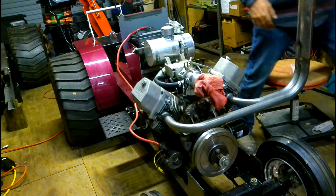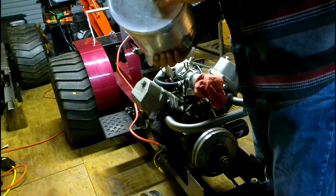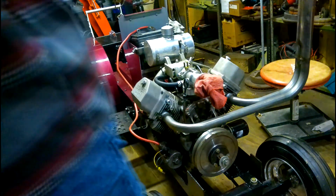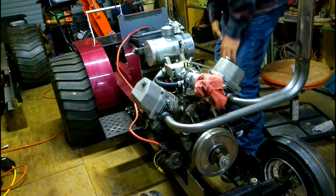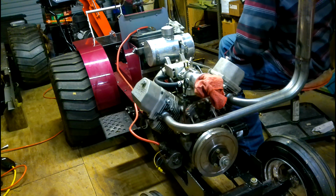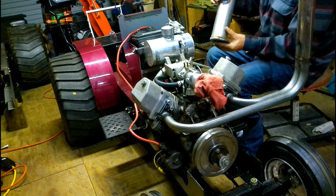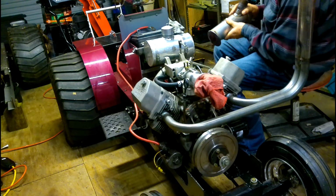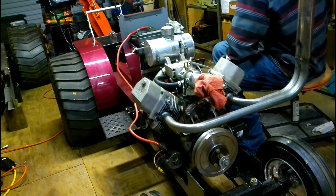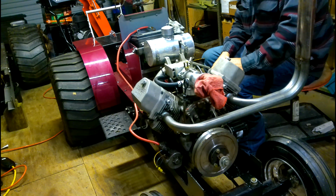And if that don't supply it, I hate to have to go that big, but we have more tanks. We'll build more tanks. Whatever we need to do to get this where we need to go. But I think that tank right there is going to do what we're wanting to do with this. We have a few more tanks. And then we got another trial tank right here with a side feed that was made here. So we'll just keep figuring out something, but I think this tank will do what we want to do to supply this motor. So we're going to start wiring this thing up, and we'll bring you back and show you